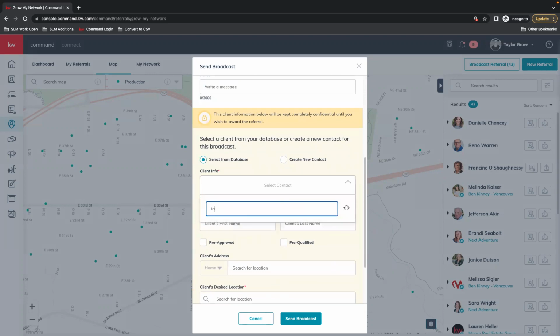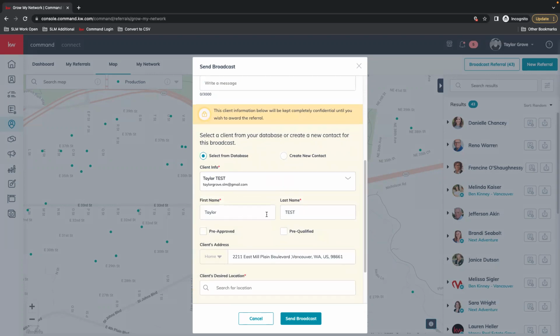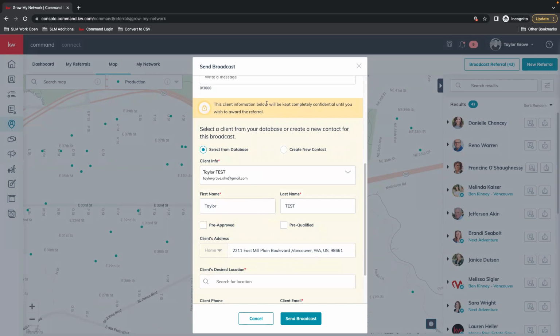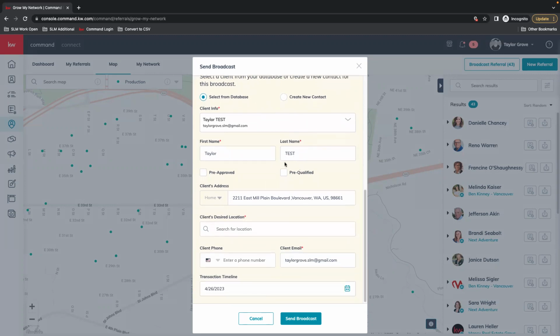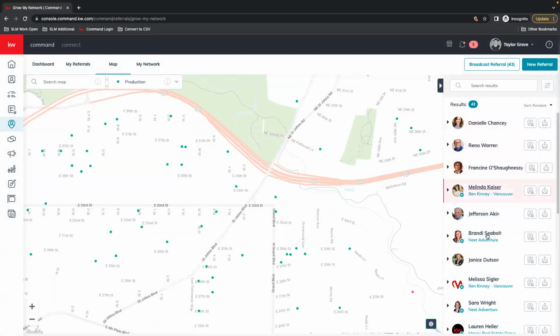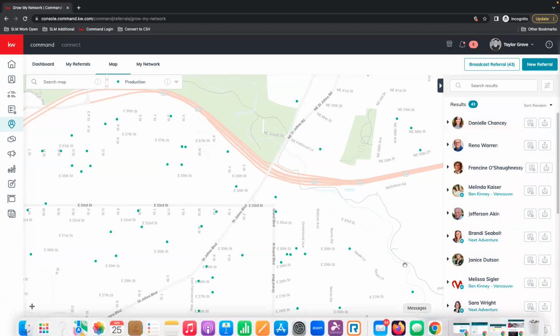But again, your information, until the referral is accepted, they're not going to get the information. When you send a broadcast, it's going to tell each one of these agents that there's a broadcast referral in their area.